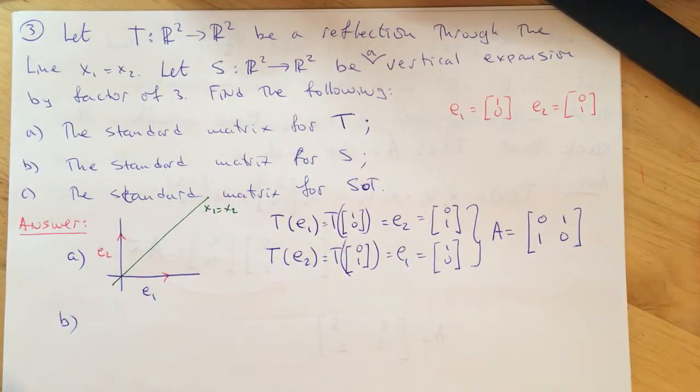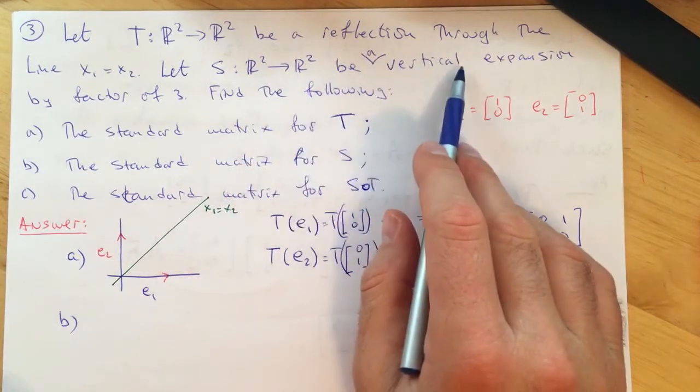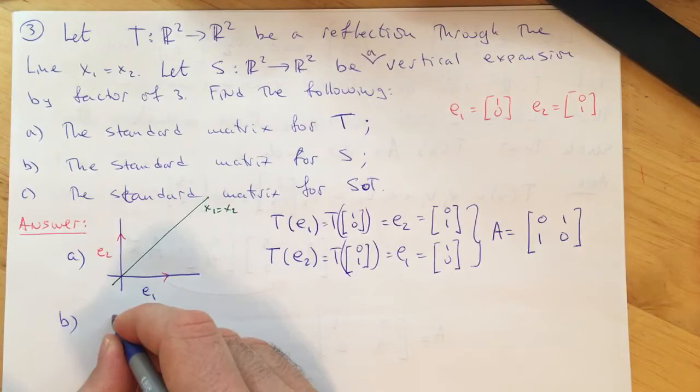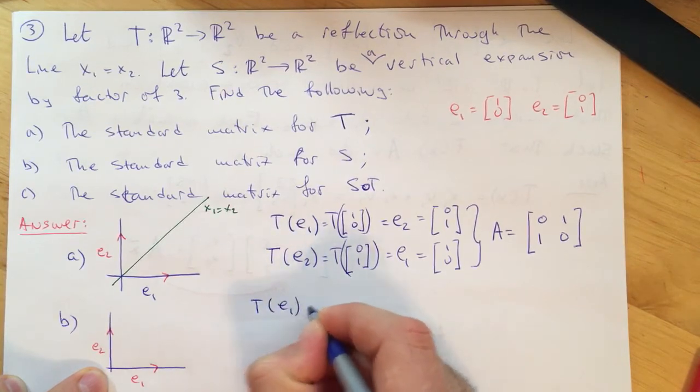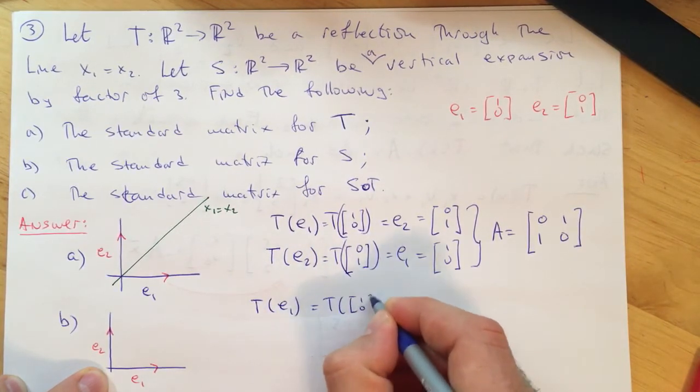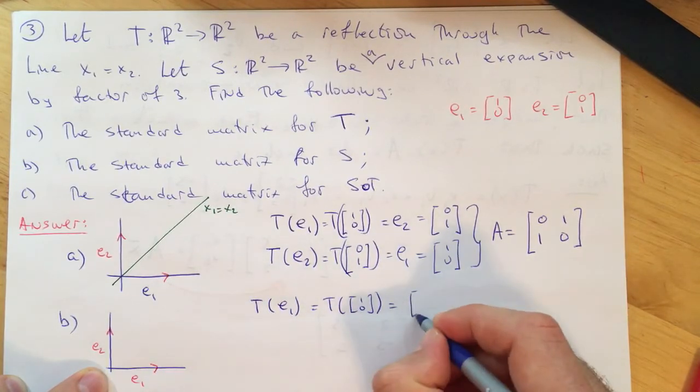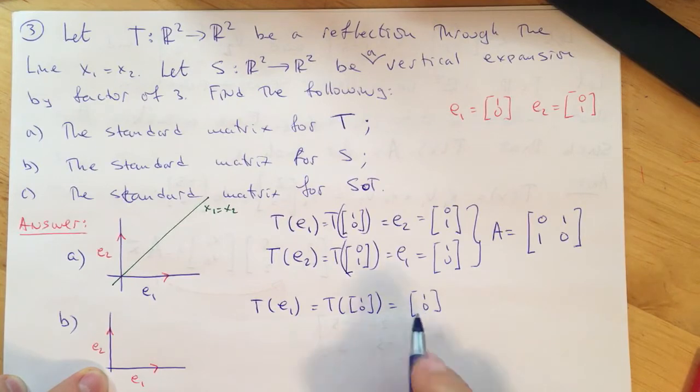Part B, the transformation S is a vertical expansion by a factor of 3. So we can apply the same idea here. This is E1, and this here is E2. If we apply vertical expansion to this vector, it's not going to move anywhere, it's going to stay here, right, because it's horizontal. So that means T of E1 is equal to T of 1, 0, and what do we get? Again, just 1, 0. So we got the first column of the standard matrix of